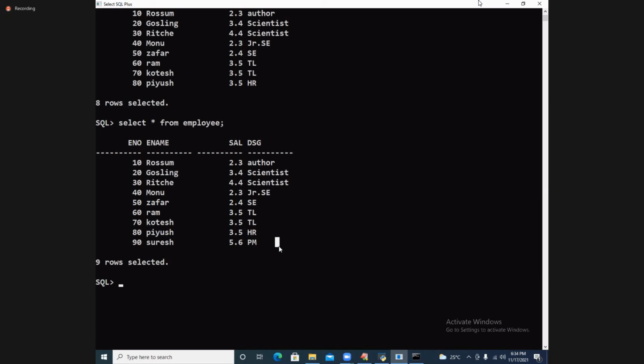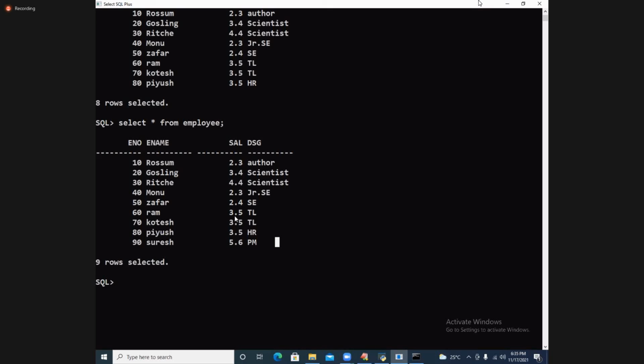So this is the way. Dear students, are you able to get my points? If you are developing a banking application and you are opening an account, opening an account means an insert operation.